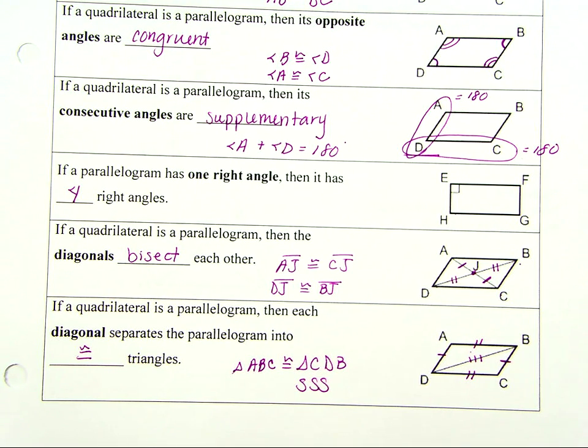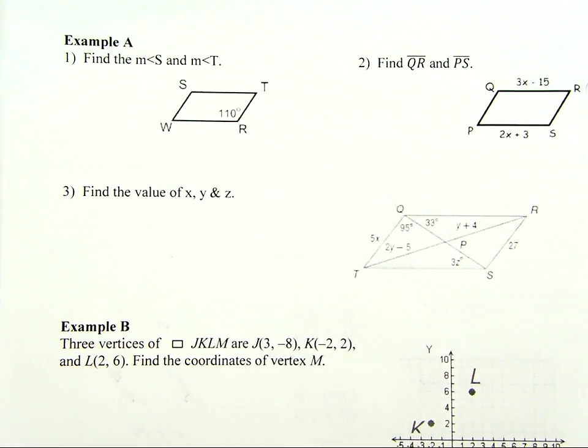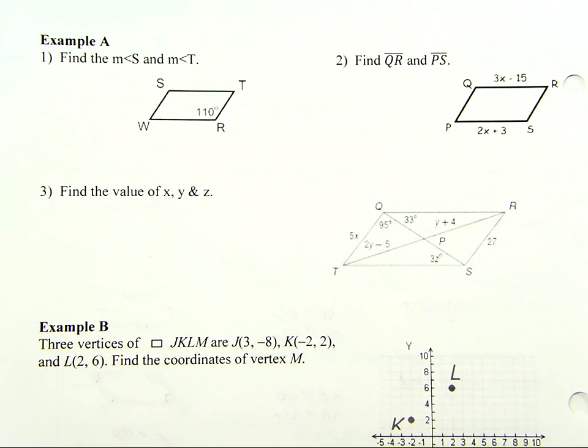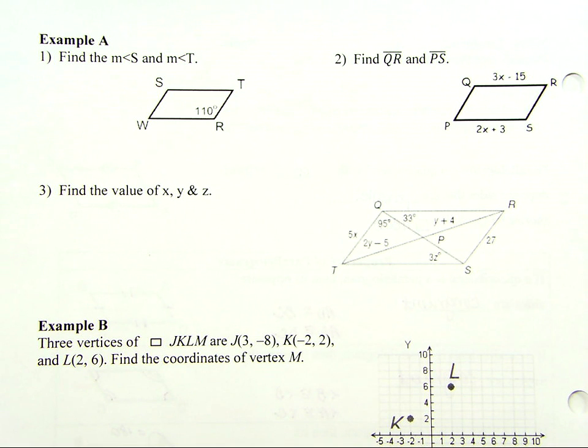So let's take a look at some of the questions you might encounter in lesson 6.2. They're going to ask you to solve or to find some of the missing values. In example A, number 1, they want us to find the measure of angle S and find the measure of angle T. Well, going back to what we learned,